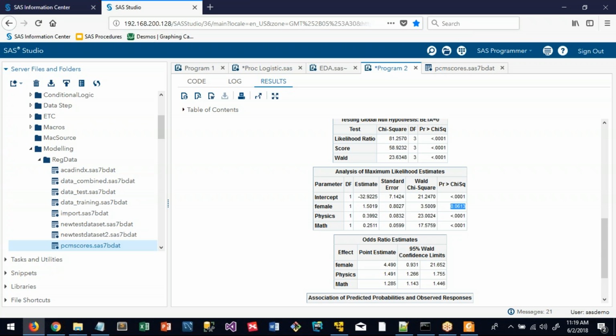But somehow, you know what I mean, when you get values this close to 0.05, you don't really like to reject it. You don't really like to reject the null hypothesis that the female variable does not influence the outcome. No. You still can give it the benefit of the doubt